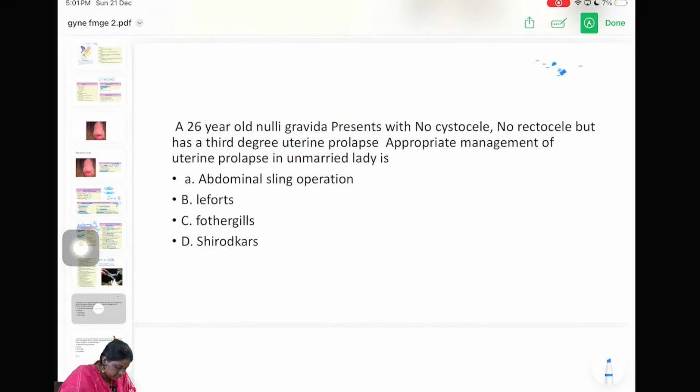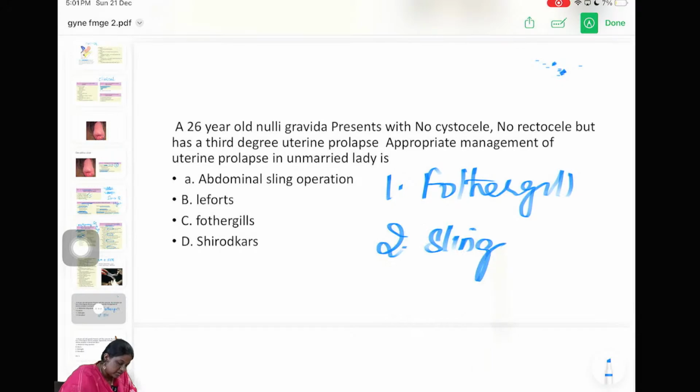A 26-year-old nulligravida. What do you do? Nulligravida means the uterus has to be conserved. Only two things are done in uterus conserving surgery. One is Fothergill's and the second one is sling. So here the answer is sling. Why? Because here